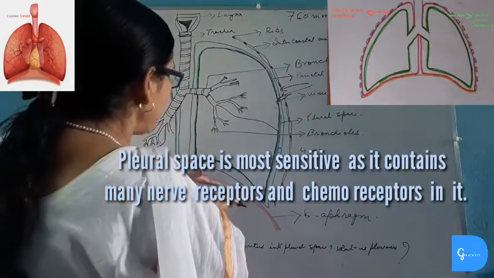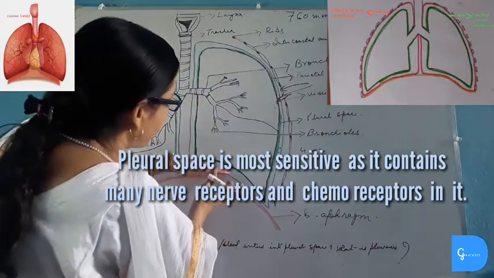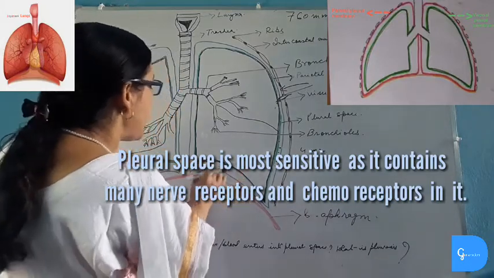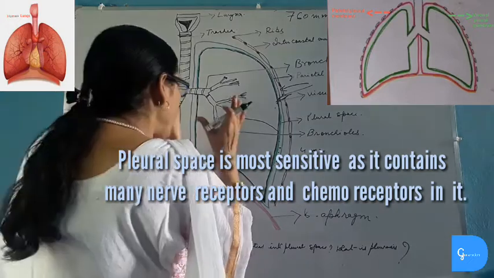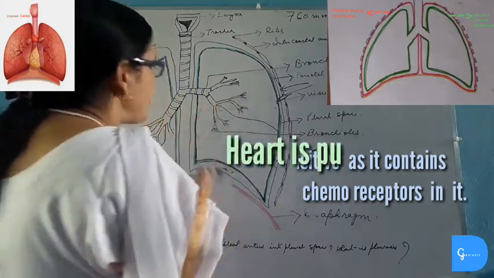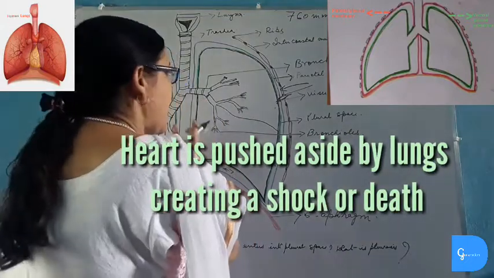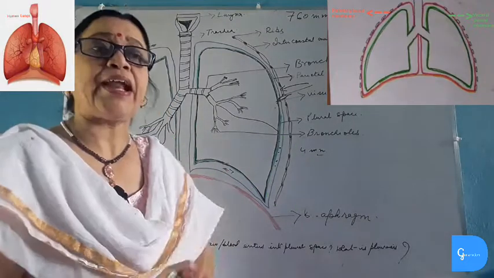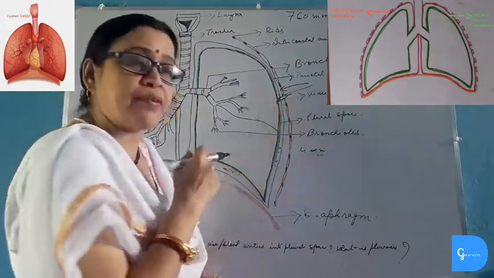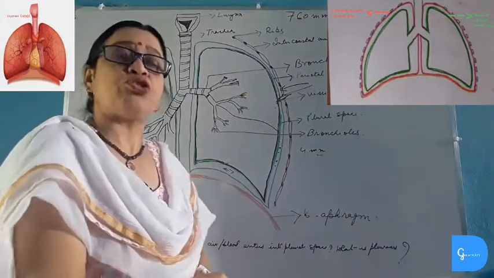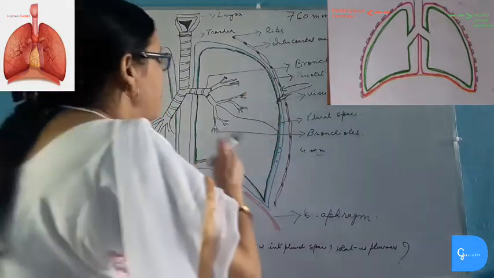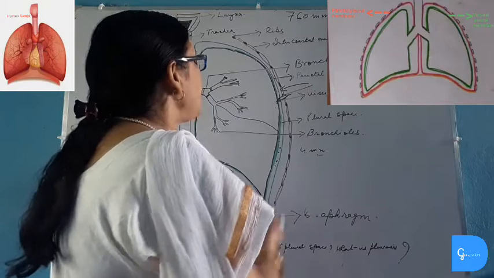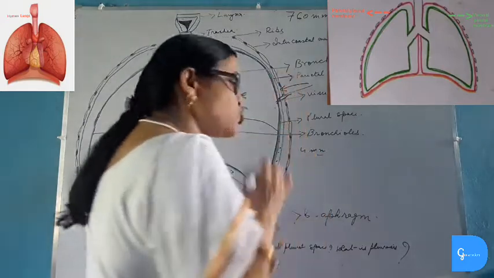Here also, when the diaphragm moves downward, the parietal pleural membrane moves downward, but the visceral pleural membrane does not move downward as air has entered into this space. So the lungs collapse and may also touch the heart, and there is a great shock which may cause death. So it is very dangerous when air enters into this pleural space. The entering of air into the pleural space is known as pneumothorax, and when blood enters into this space, it is called hemothorax. So it is very painful if air enters in between these two layers.